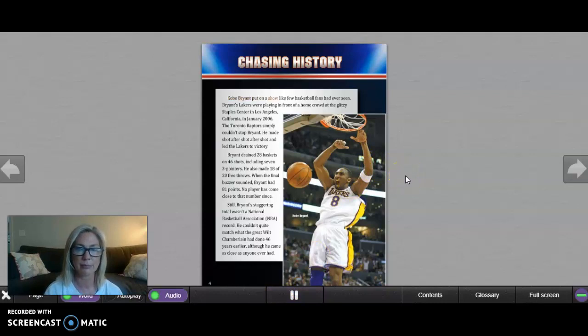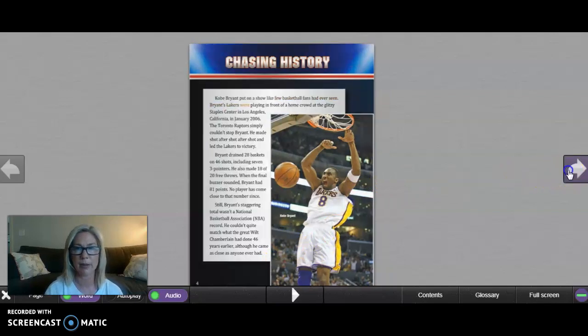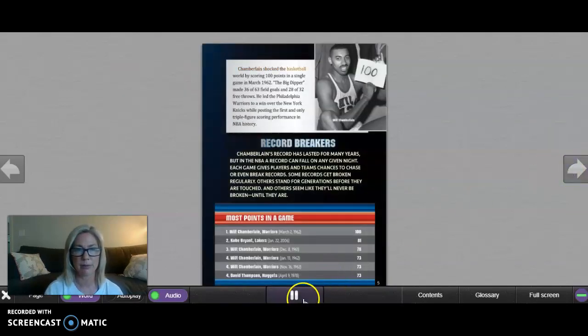Chasing history. Kobe Bryant put on a show like few basketball fans had ever seen. Bryant's Lakers were... Chamberlain shocked the basketball...